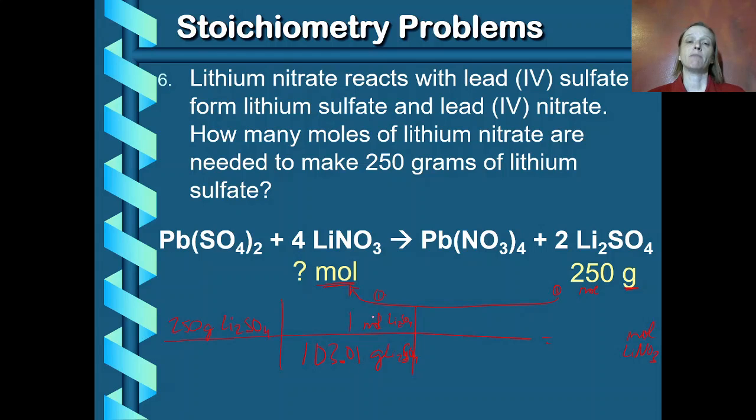And now I'm going to use my mole-mole ratio between moles of lithium sulfate and moles of lithium nitrate to convert for my final answer. Lithium sulfate has a coefficient of 2. Lithium nitrate has a coefficient of 4. So this is the correct setup to get me my final answer. 250 times 1 times 4 divided by 103.01 and also divided by 2. My calculator gives me the answer